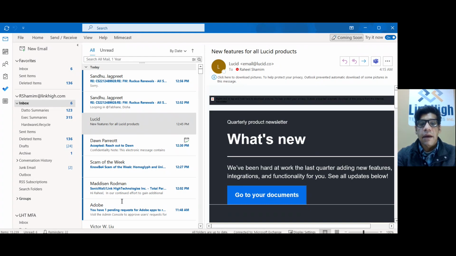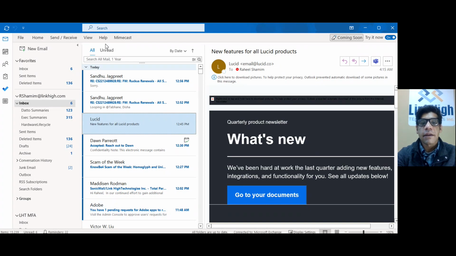The plugin allows the user to designate any email that's in their inbox and also provides shortcuts to the Mimecast application that is also included as part of the rollout. We will be exploring the application shortly, but before that,